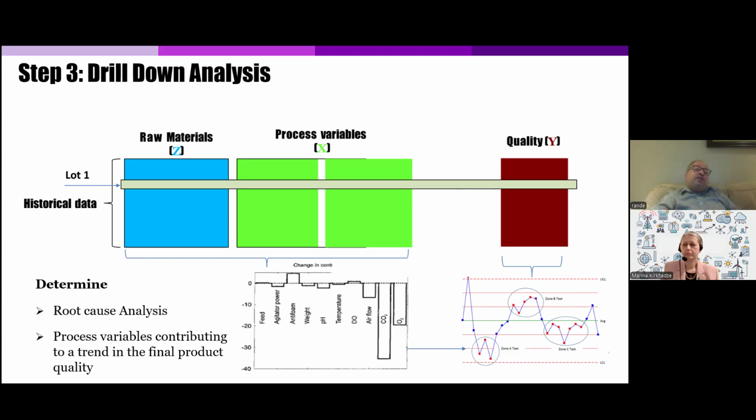And using the drill down analysis, we come up with a chart. And this chart is showing that a drop in the carbon dioxide evolution during fermentation, a drop in the oxygen is causing such low product quality. So this is from the analysis, and of course, the subject matter expert will derive a hypothesis in order to try to understand, come up with a hypothesis, try to explain what's going on during